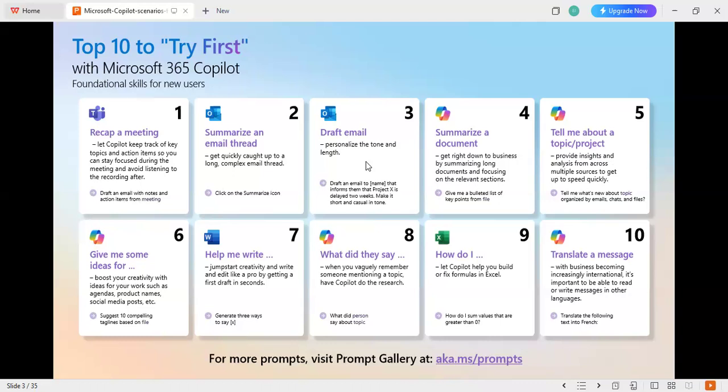You can also use that to draft an email. So maybe you want to send an email to your store, or it says draft an email to this person that informs them that project X is delayed 2 weeks. Make it short and casual in tone. Maybe you don't have words in order to draft that email. You can just issue a prompt to the Copilot and say, I want you to create this email for me. And it will even create it. Maybe you want it in a professional tone, it can do that. If you want it in a friendly or casual tone too, that can happen for you. And it says,